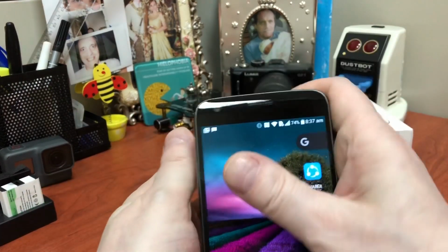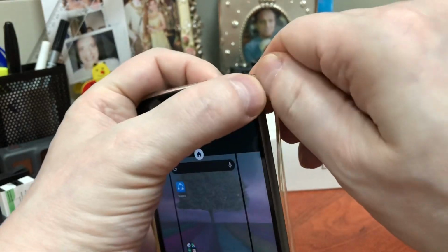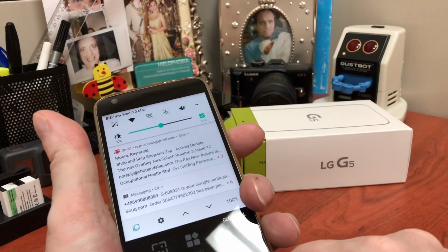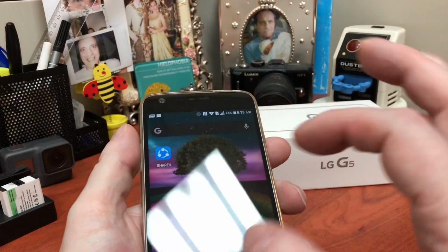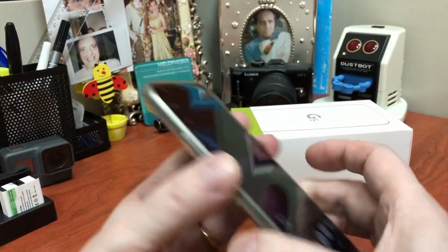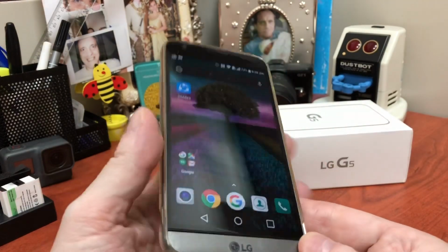It's not noticeable once it's in its case for the most part, but that might be for aesthetic purposes to some people, break the lines a wee bit, and maybe there's a better way to put the battery in, I'm not sure, I will check. But small things like that LG kind of dropped the ball on, and I think this is a lot of the reason why it just wasn't that popular, which is a real shame, because